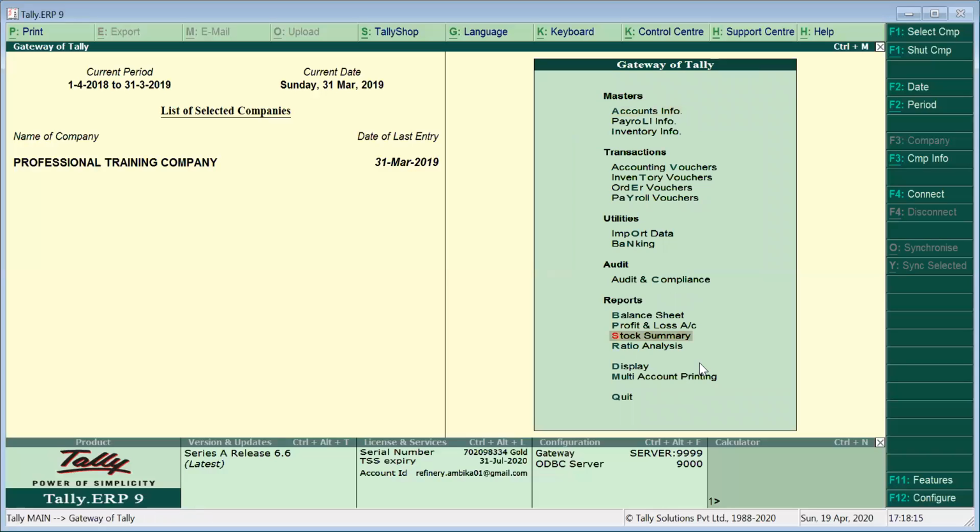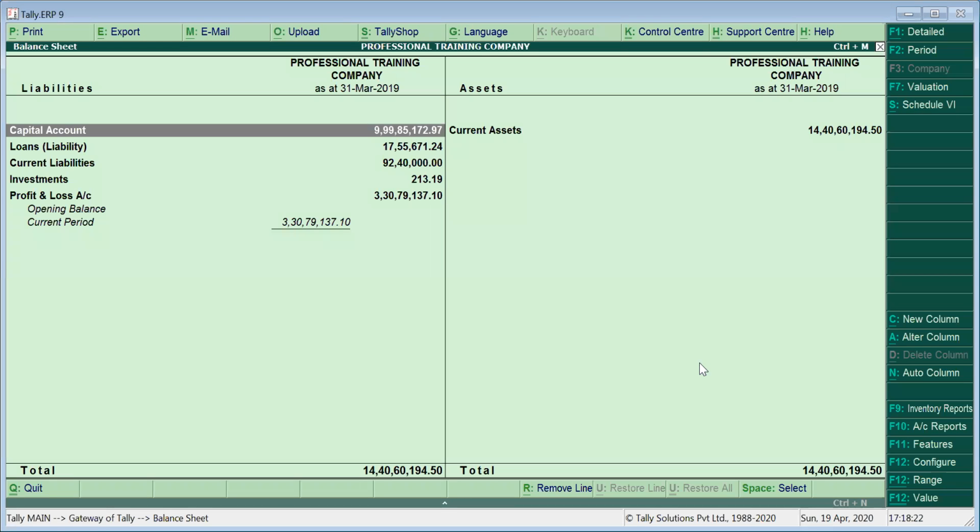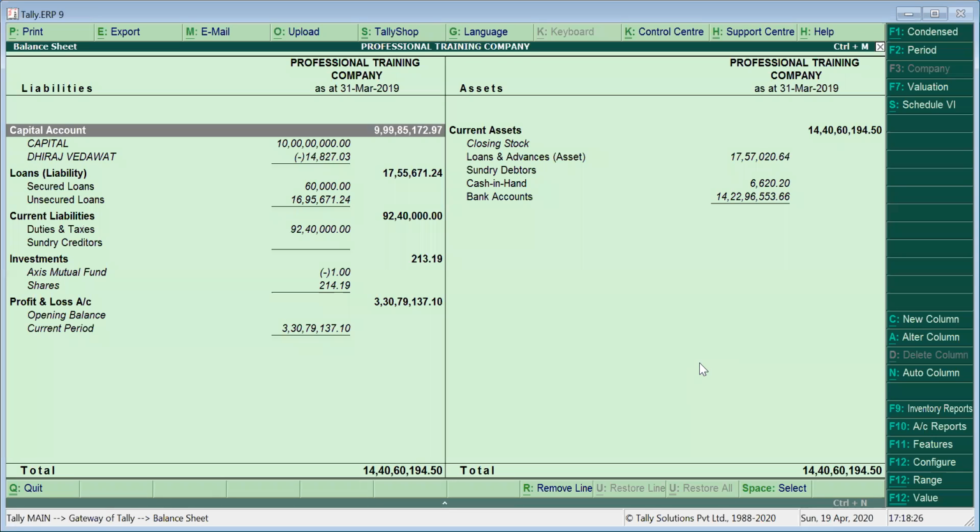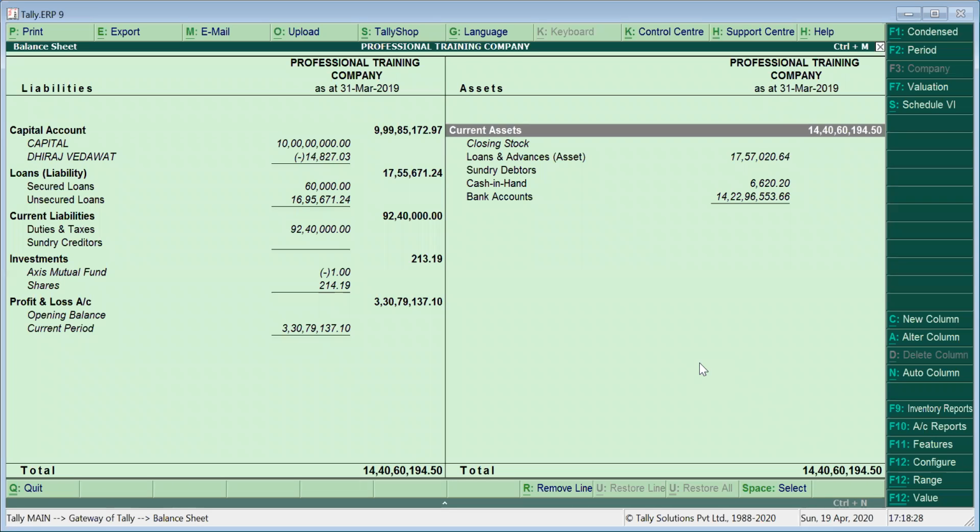Okay. What is a ledger? I will go into the balance sheet. Instead of coming down that way, if I was over here, I can just press the B. Okay, the balance sheet is open. Now I will press Alt F1, that is for the detailing of the groups and other information in Tally.